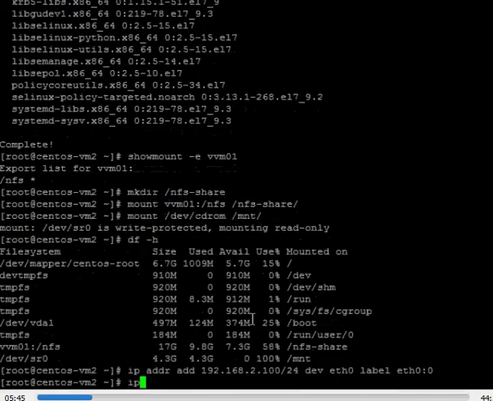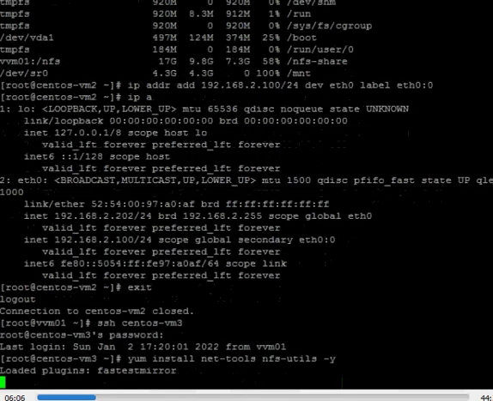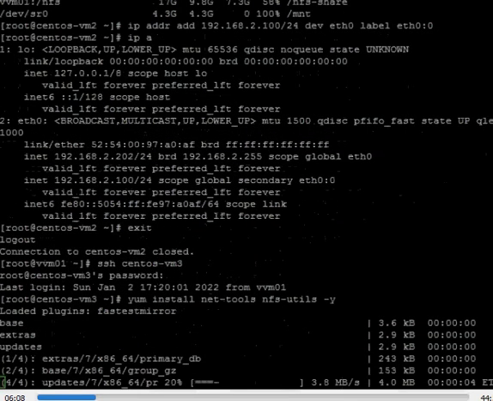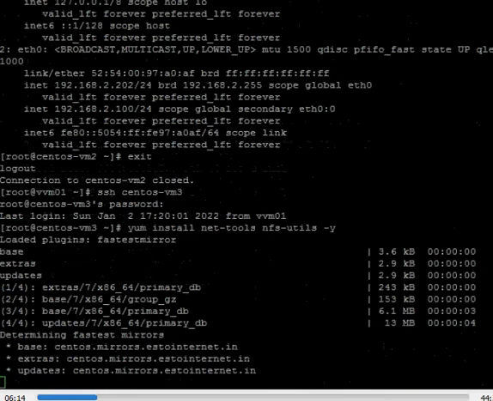Temporarily, we have added one IP address on the server since it is a web server. Now we will log in to CentOS VM3, which is our database server, and perform the same activity.